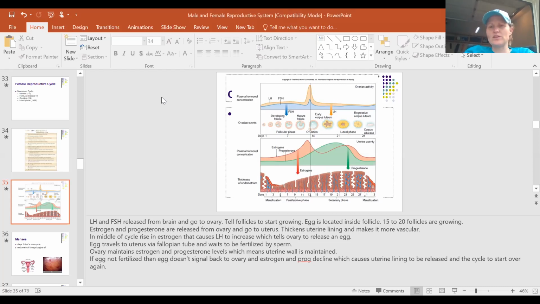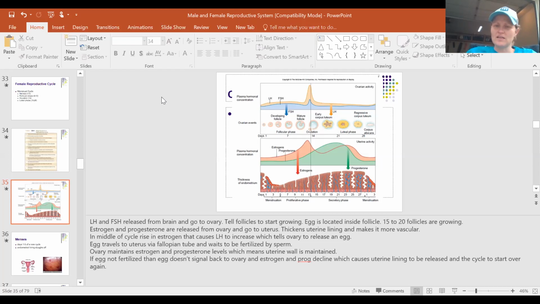the menstrual cycle. So what you want to remember with a female is it's a lot more complicated than a male's reproductive system because there's 4 hormones. 2 of them are being released from the brain, which is LH and FSH, which go and affect the ovary. The ovary then is going to produce 2 hormones, estrogen and progesterone, that are going to affect the uterus. So LH and FSH that are affecting the ovary are in charge of making that follicle grow bigger, and therefore the egg in the middle of the follicle is going to get bigger and mature as well. Then the other 2 hormones, estrogen and progesterone, are going to tell the uterine wall to get thicker as well